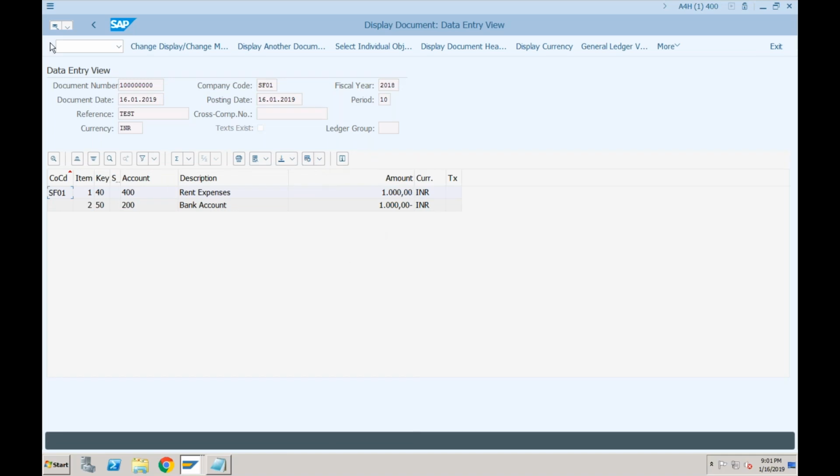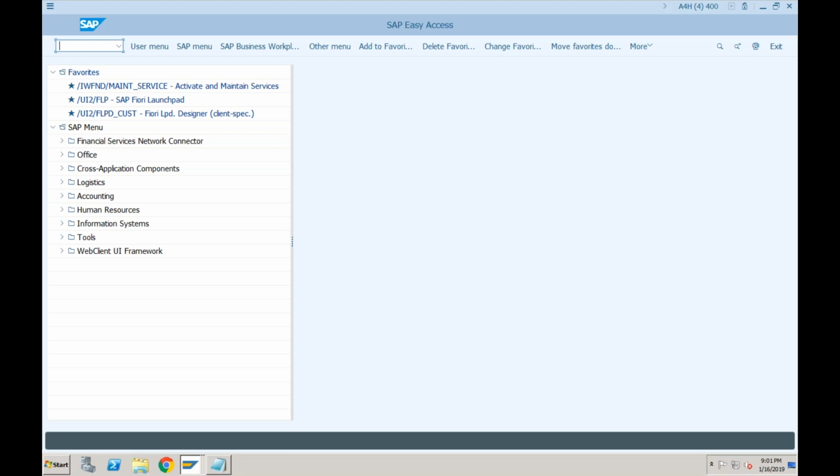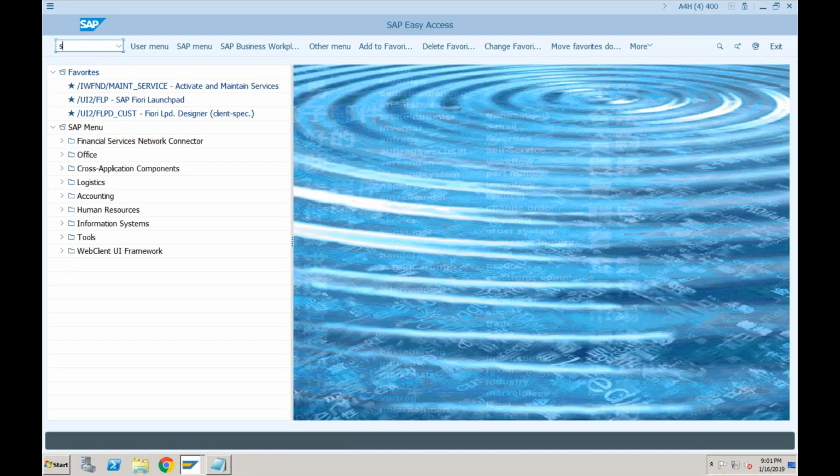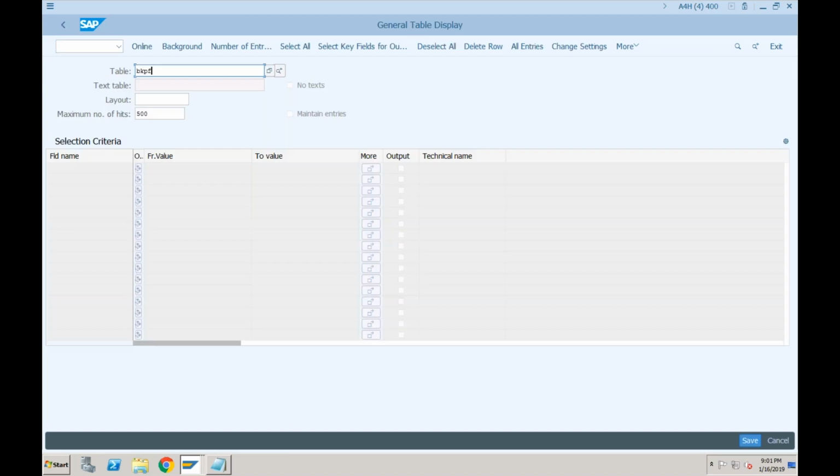Now let's try to see what are the tables which are affected. Okay, so if I go for SE16N, BKPF, which are the tables that we were using in SAP ECC? Which tables were getting updated when you create any accounting document?